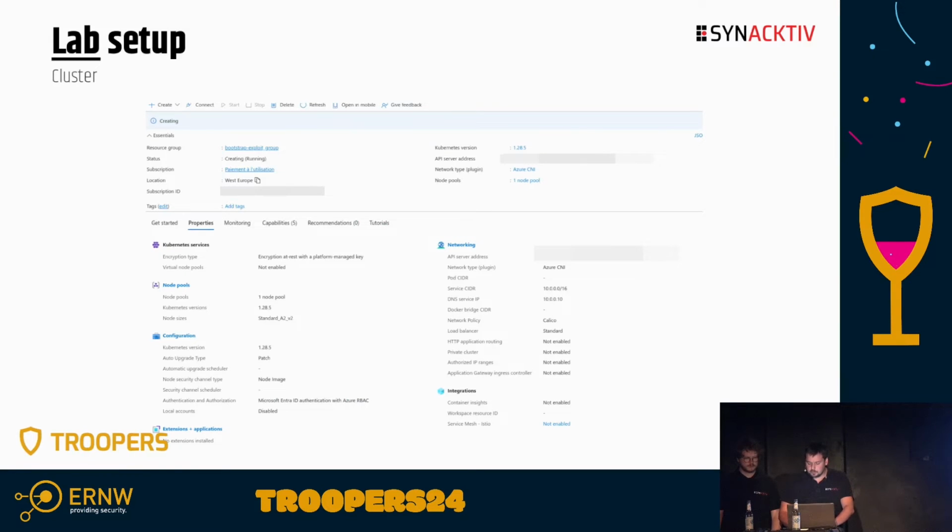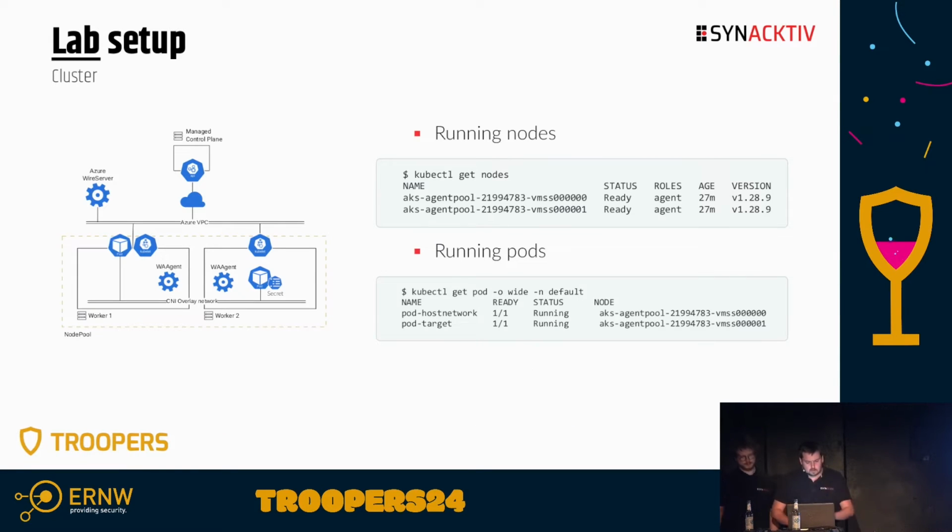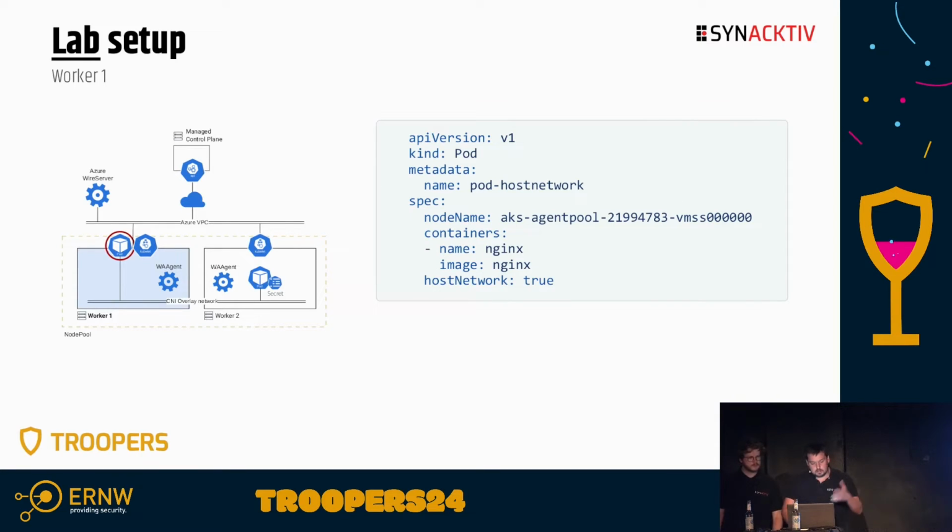During this demo, we will often use the kubectl command line. kubectl is the official CLI to communicate with the Kubernetes API. This tool allows us to, for instance, list nodes inside our cluster or list pods inside our cluster. And in our lab and in our cluster,